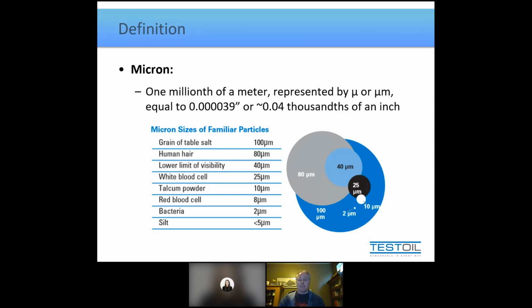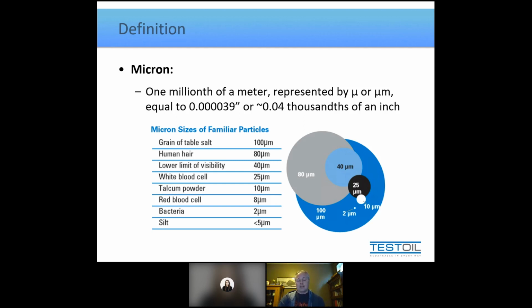I'm sure we've all had blood on our hands. We've had a cut or something like that. Never once did you look at your finger and go, oh my goodness, look how polka dotted my blood is, right? We can't see the white blood cells any better than we can see the individual red blood cells. And since there's a lot more red than there is white, we perceive our blood to be red.